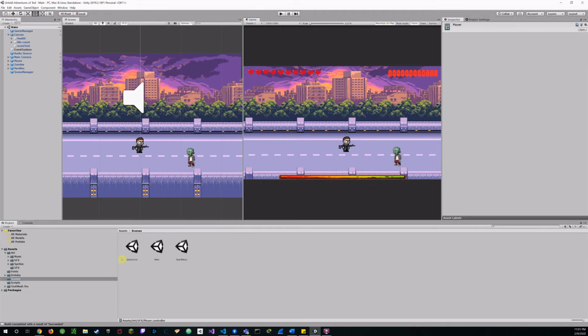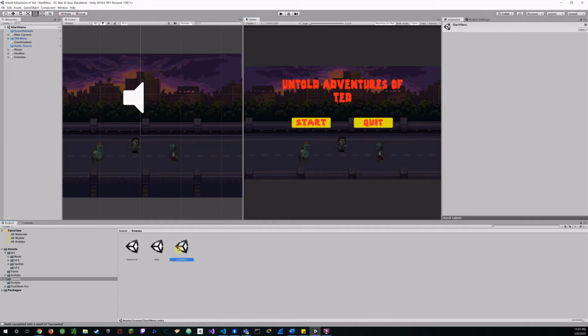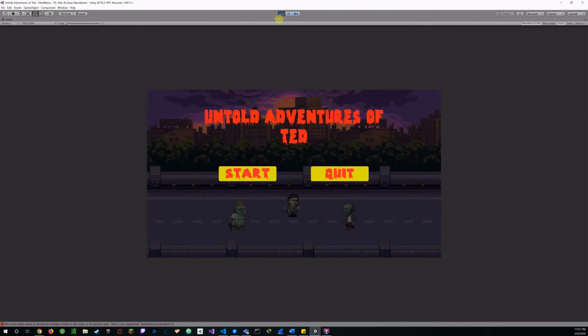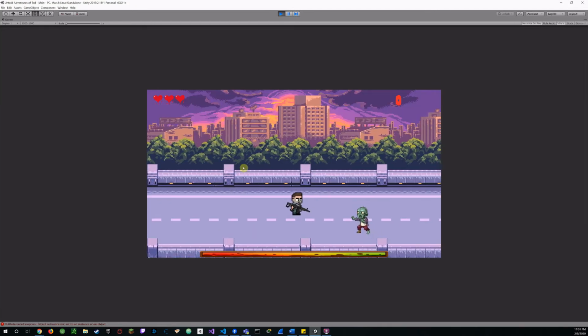Maximize. Actually, let's go to the start menu. Again, the Untold Adventures of Ted. I went with the whole UAT theme that was kind of through all our projects. I have my buttons, hover over effects, start the game,